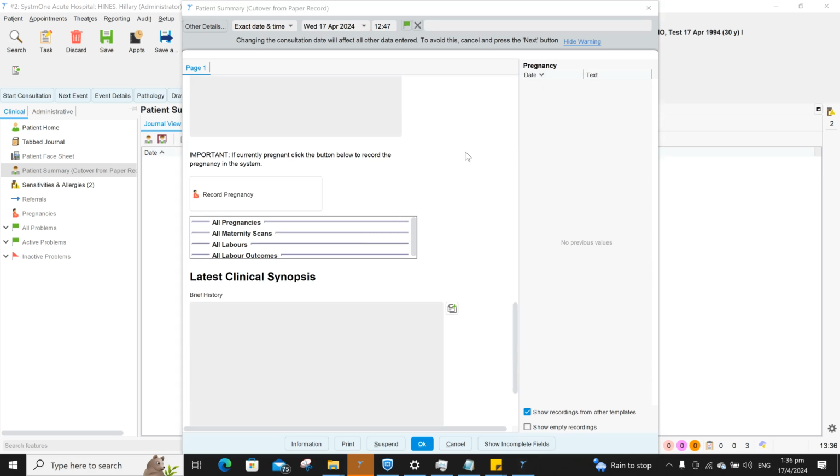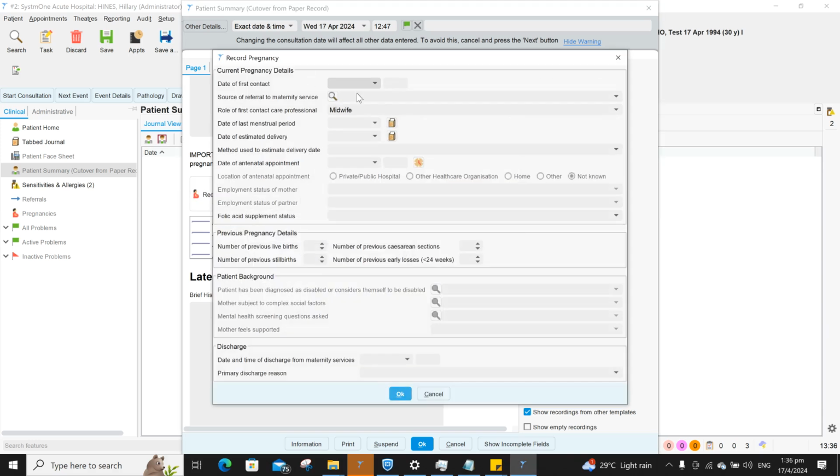However, if your patient is currently pregnant, it is very important that you use this button below called Record Pregnancy. This allows the system to log the patient as being pregnant. When I select Record Pregnancy, there's a form to fill out, but you don't need to fill out all this information. All you need to do is select date of first contact. For example, I might choose April 1